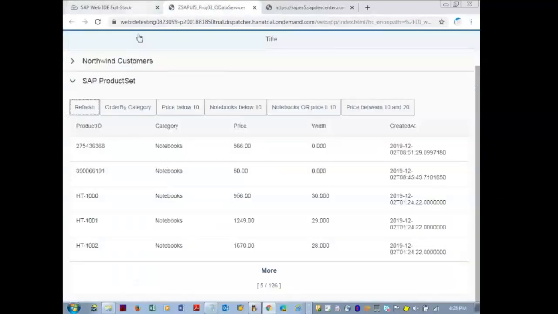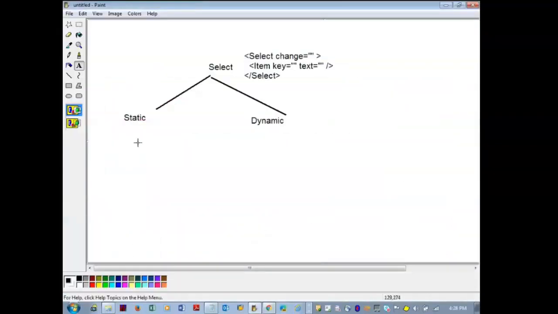So I'll add a select control to this now. I'll add a select control.